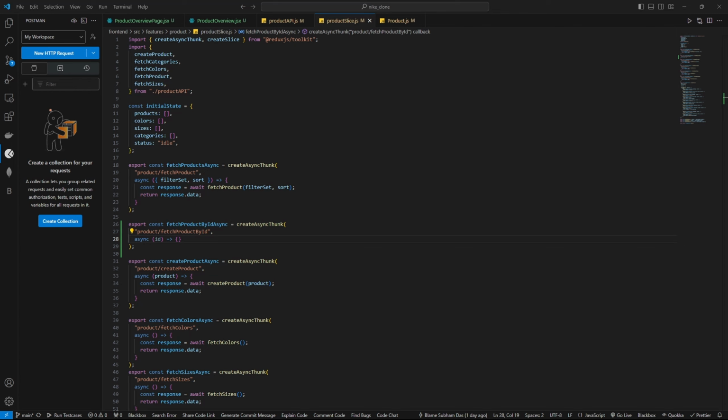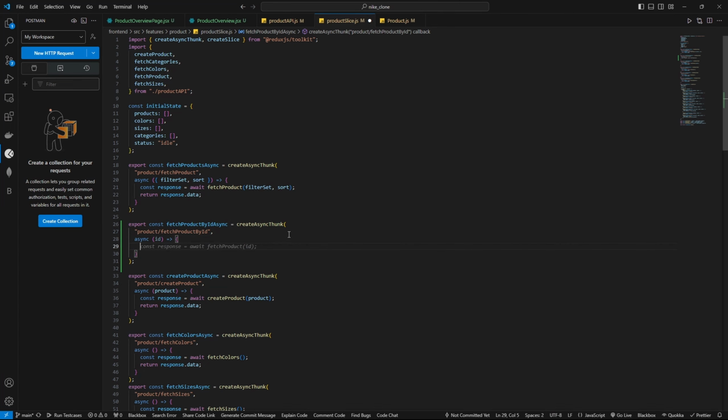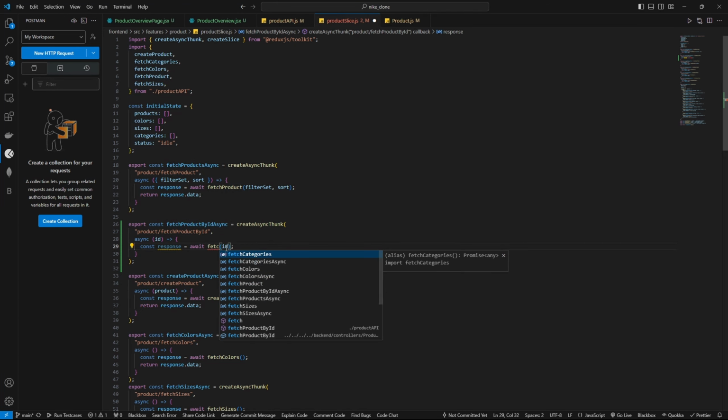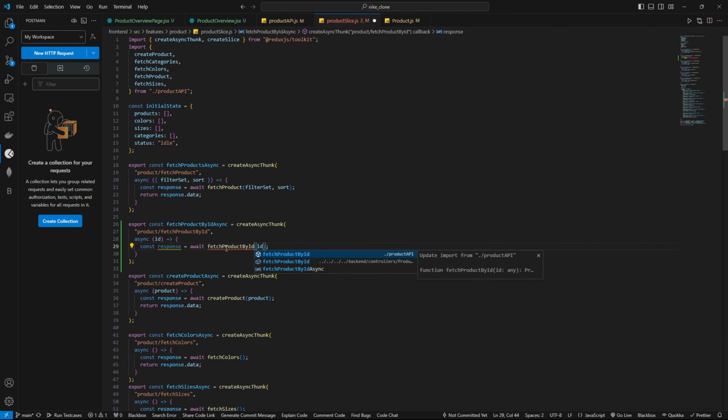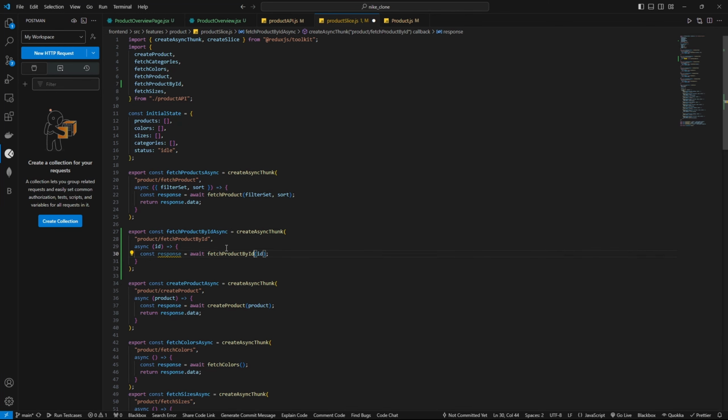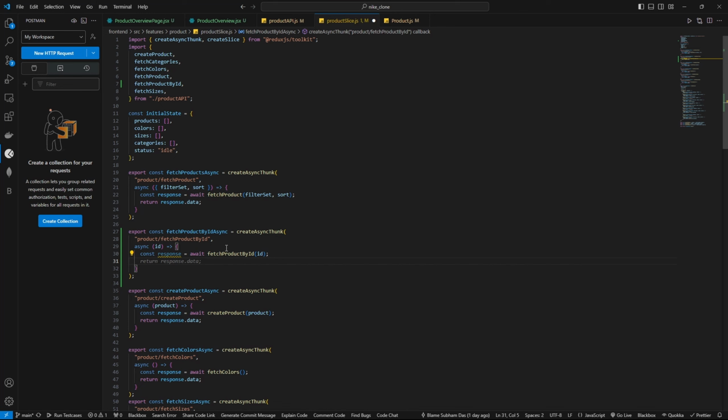From here we are going to get the id in this one, and after that we are going to send it as the response. So here it will be fetch product by id, and just import the fetch product by id method, and after that return the response dot data. Okay, so currently it is not giving any response, so we are not going to get any response, but